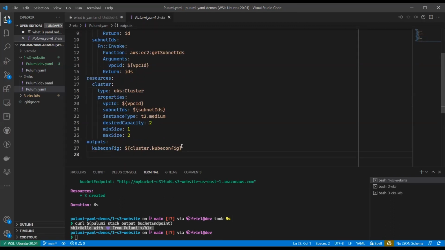And then for us to be able to actually operate on this cluster, we're going to pull out the kubeconfig that an ops or app team user might need to access that cluster.